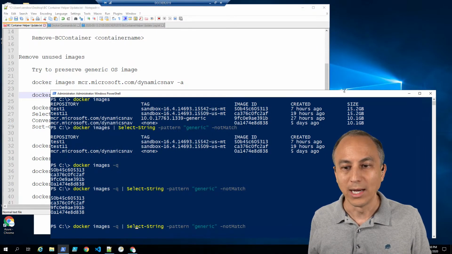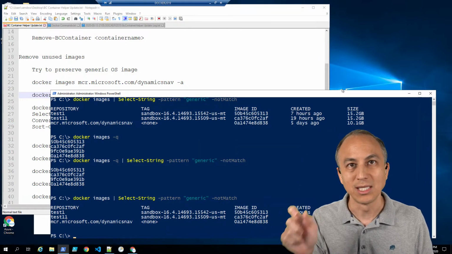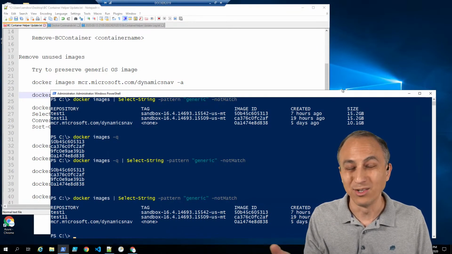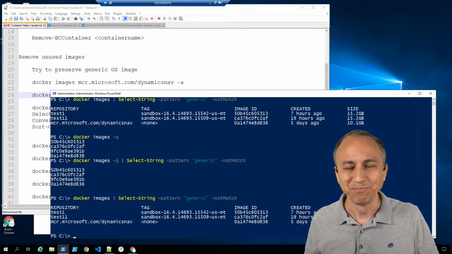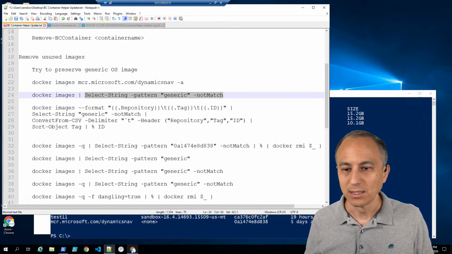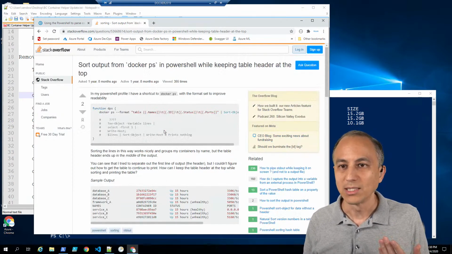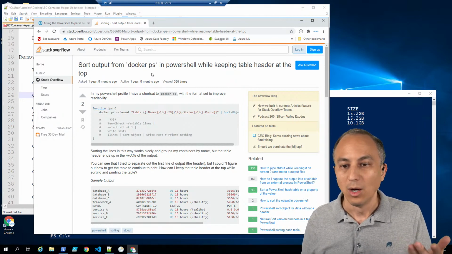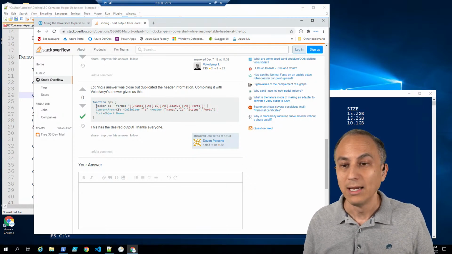So how do I work with this output and extract just the image ID? Well, you could do some crazy parsing. I found several ways to do it, but they were really just cryptic and very character-based parsing. So I came across this, of course. I ended up on Stack Overflow, as always, and I came across this question. I want to take my output from docker ps, and I want to sort it, and this person wanted to retain headers. Okay, well, it happens that someone at the very end, no votes, had a pretty cool answer, and